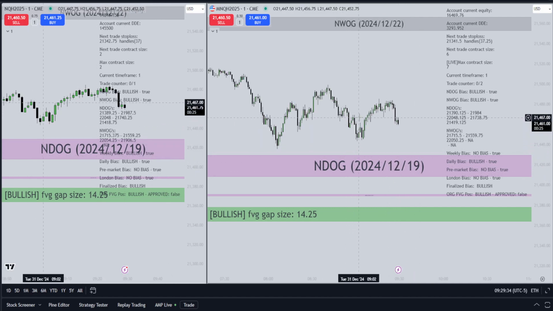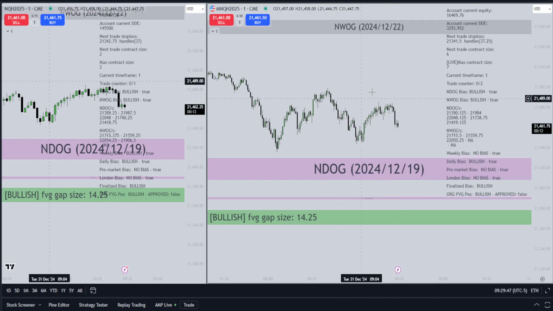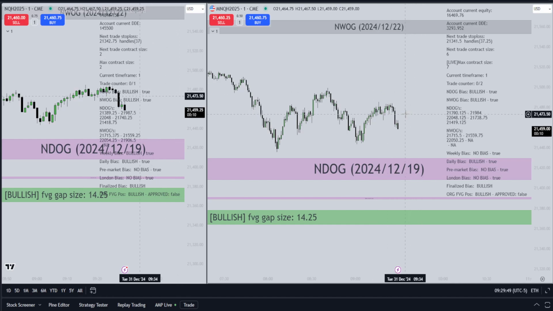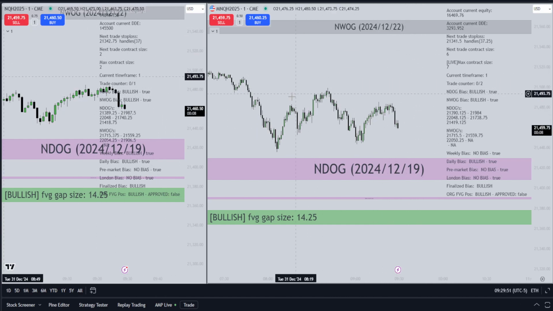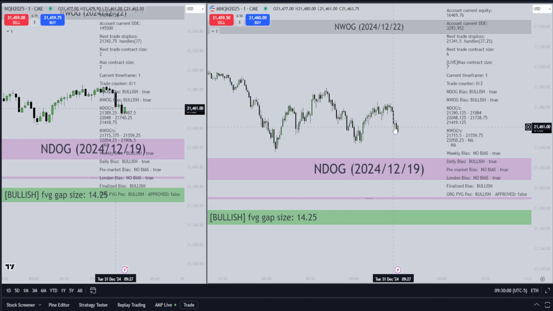So currently, when I look at what my algorithm is giving me, it says that the new day opening gap, the new week opening gap, all the biases are currently bullish. And currently, we are looking at a premium gap. Because we're looking at the premium gap, your first intuition would be, okay, we're looking for shorts. But because the higher time frame algorithms are telling me that I'm looking for buys actually,